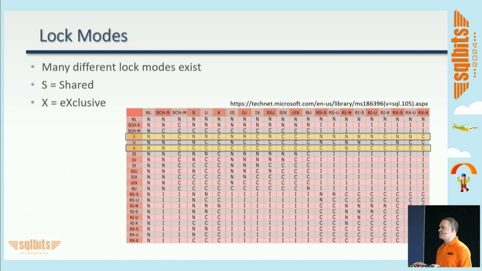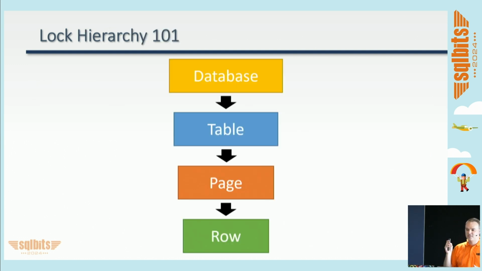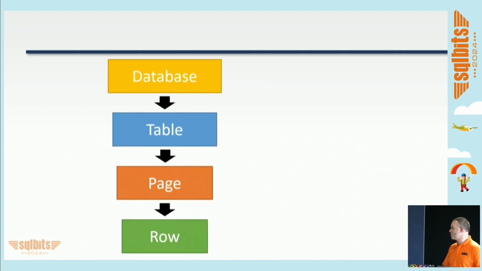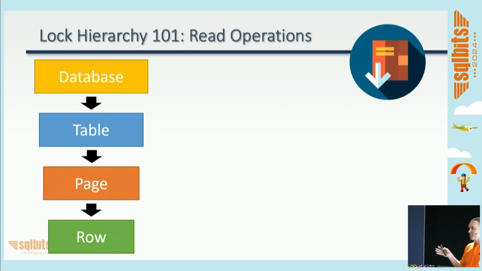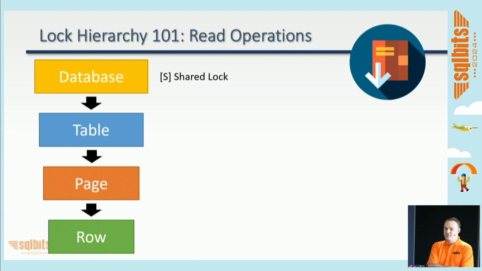Now, locks exist in a hierarchy in the SQL lock engine. So there's 4 levels. There's the database level, the table, the page, and the row level. And just to show, if we do a read operation, so let's say we're running just a simple select query from a table, there's going to be a shared lock at the database level, and this shared lock basically just means I have an open connection into this database. I'm doing something, don't drop this database while I'm doing it. You ever try to drop a database, you get an error that there's a user connected to the database? It's because of this shared lock. Now, because